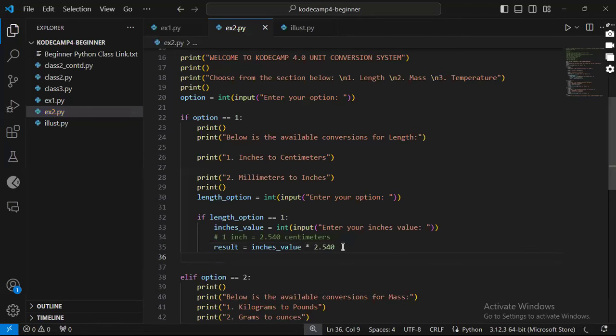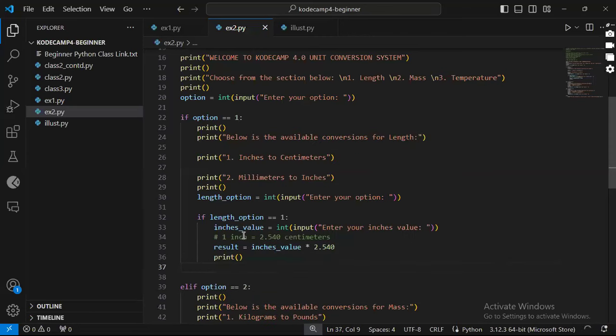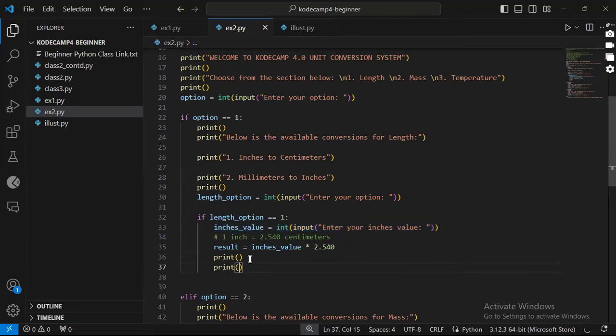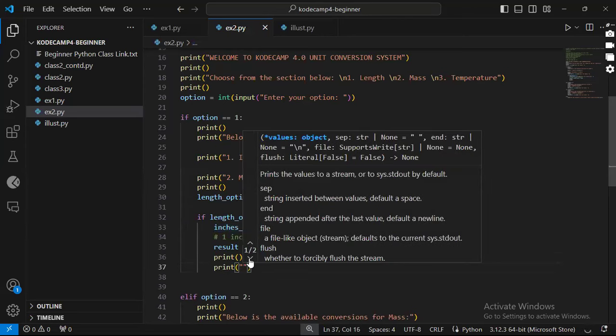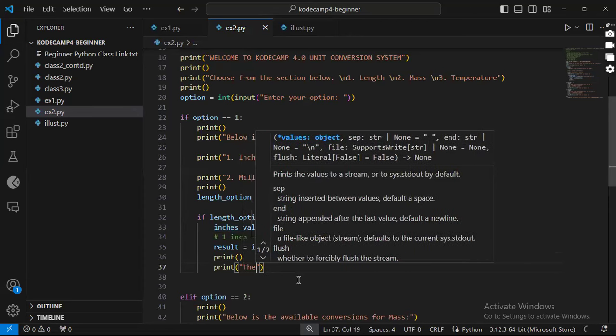At this point, I will need to show an empty print first. The reason why I'm showing an empty print first is because this will actually show "enter your value", so I want to at least give a space above them before actually showing the result. So I can now come here and confidently say that the value